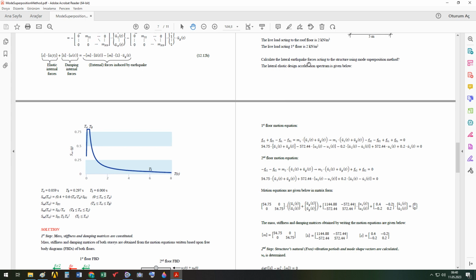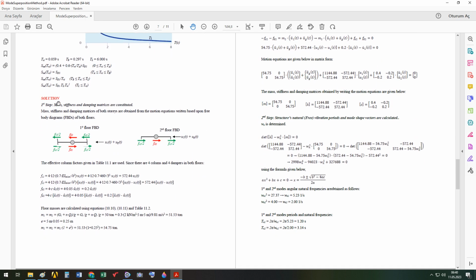Now calculate the lateral earthquake forces using the mode superposition method. In the first solution, the free body diagrams of each floor are drawn. I explained how these are drawn in another video. Actually, this first part is the same as the calculation of natural frequency and mode shape vectors. And since I have 4 columns, 4 times